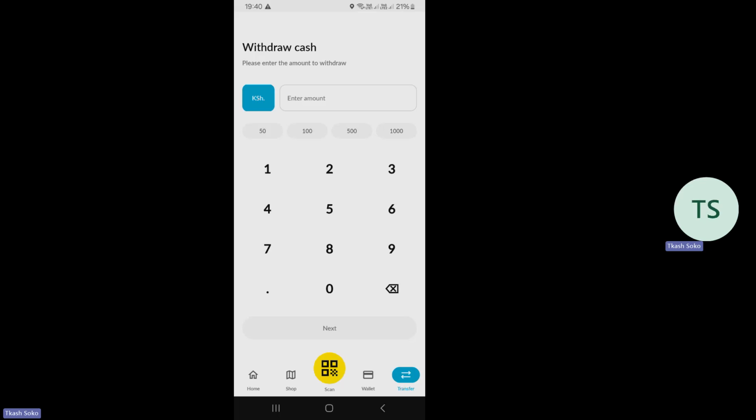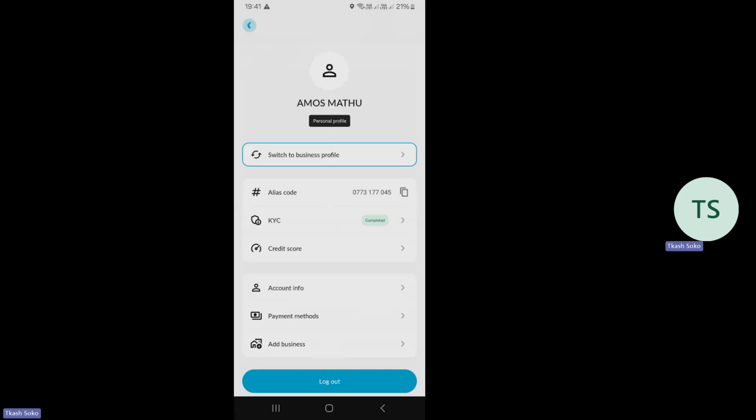So from this session, we have seen that indeed you have access to your money. But for you to have access to your money, you must come to your profile and do your KYC, the know your customer. How do you do that? You come to the circular icon at the very top left hand side. Once you tap on it, your personal profile appears. The code of this profile is this one. This is the Cash code that has been given.